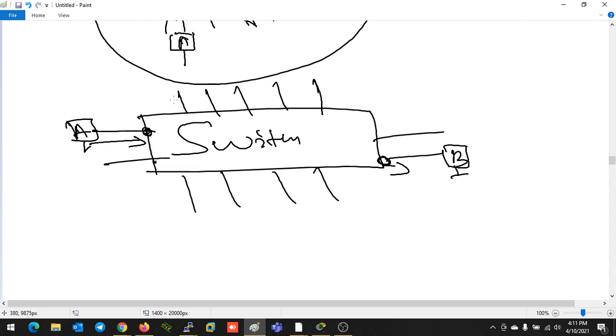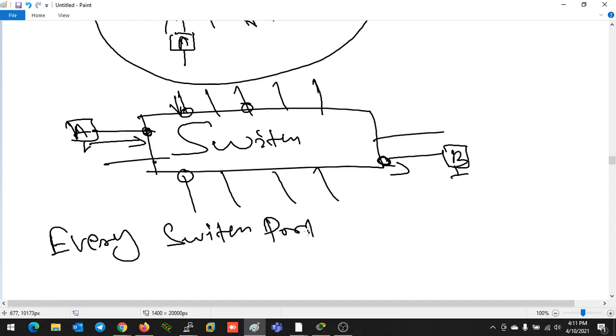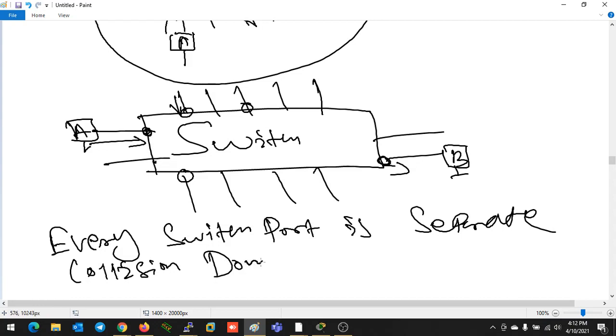Then at that moment, if the device connected to another port is trying to send data to another port, it is possible. So every port of the switch is part of a separate collision domain.